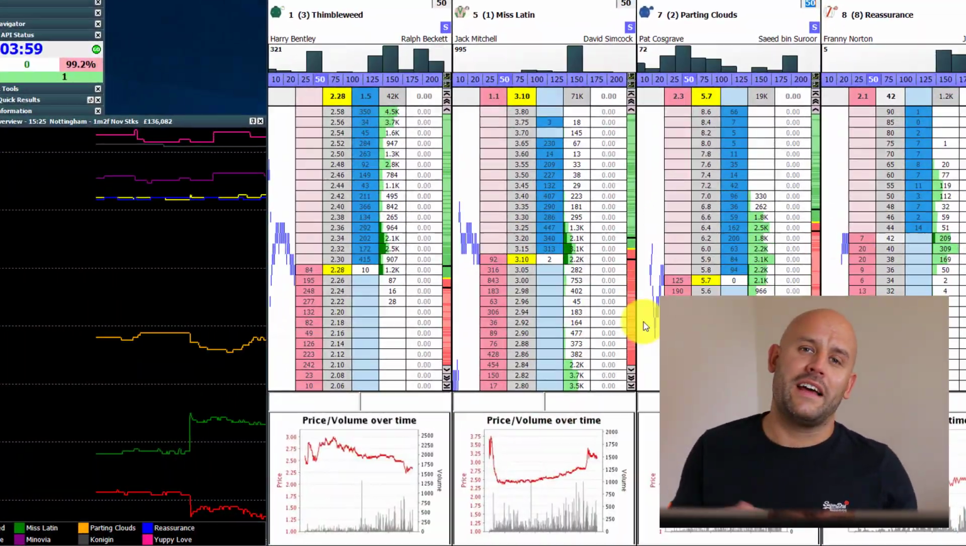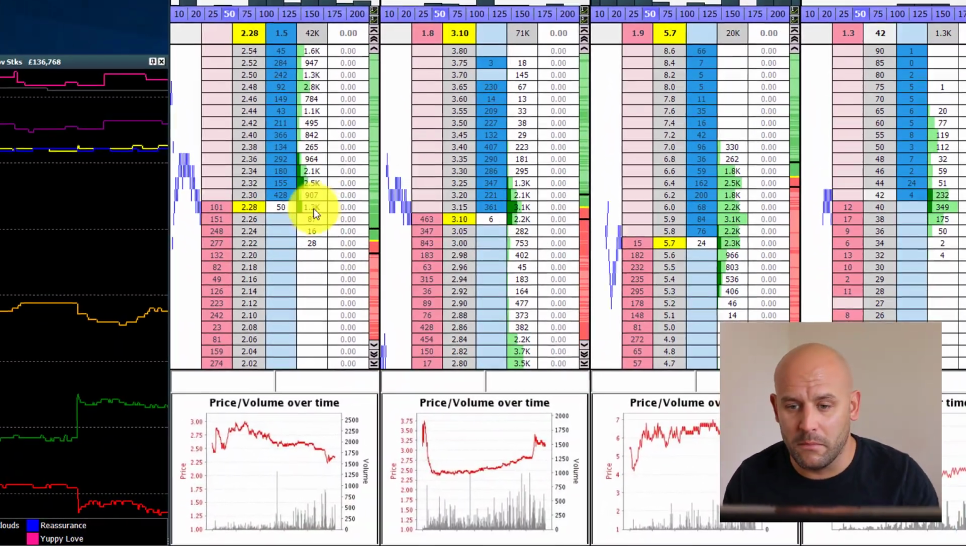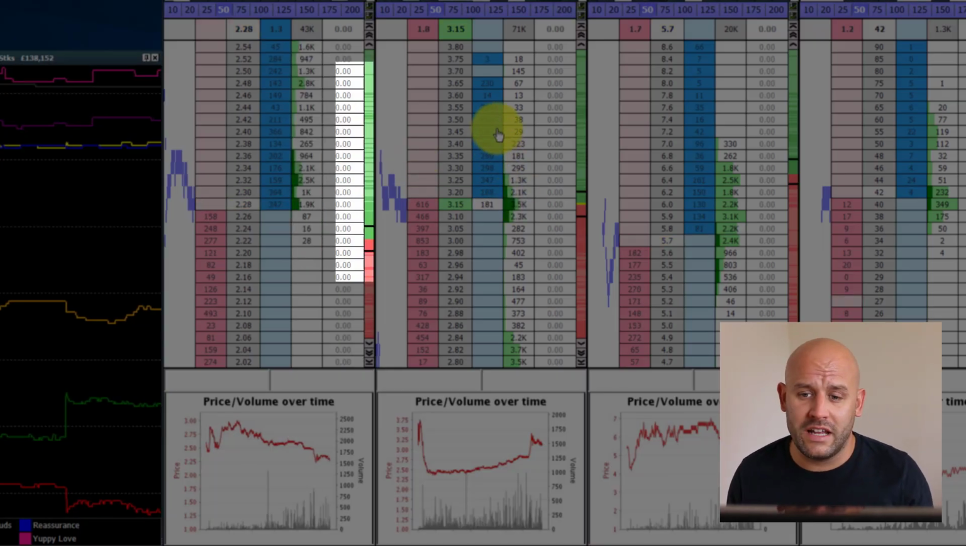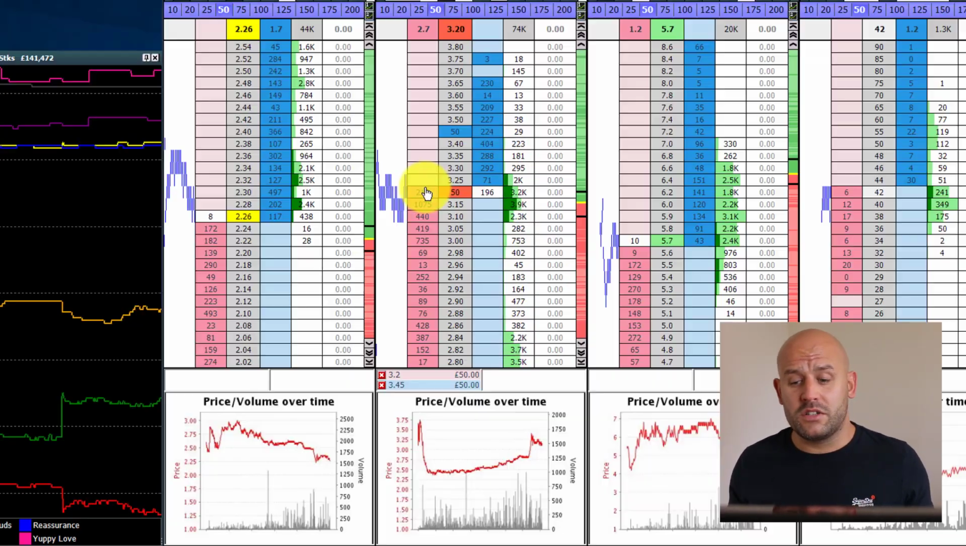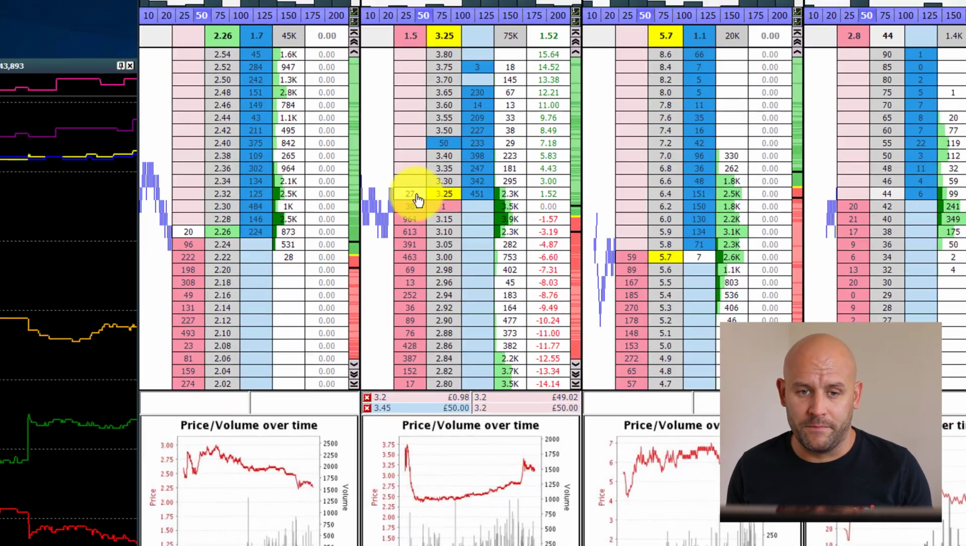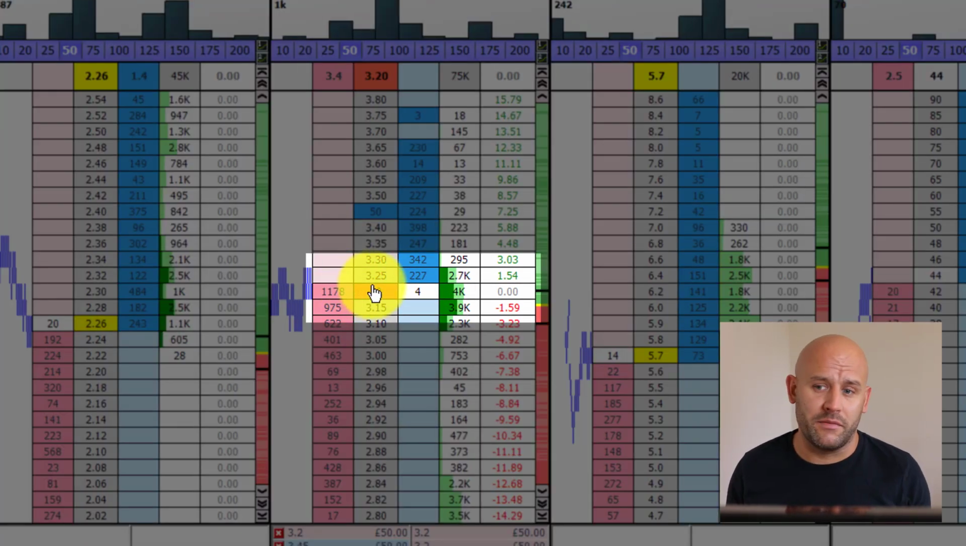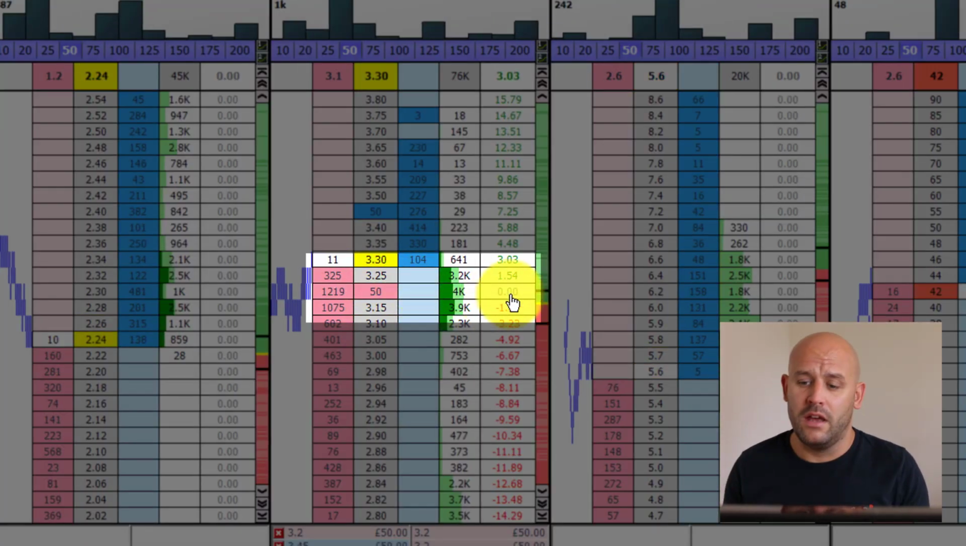Okay, so I'm going to start the recording 4 minutes to post, not because that's the first I've seen of this market, but because that's when the market becomes more busy and more active. Now you can see on screen I'm highlighting the traded volumes, which is the first thing that I'm interested in. I've placed a lay stake in the market on the second favourite, Miss Latin, and the reason for that